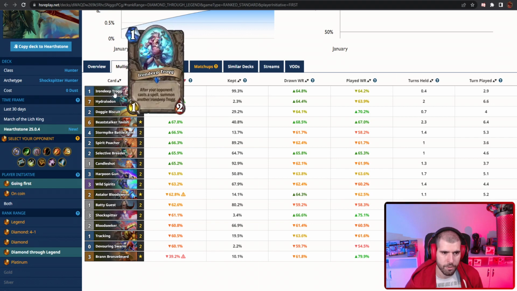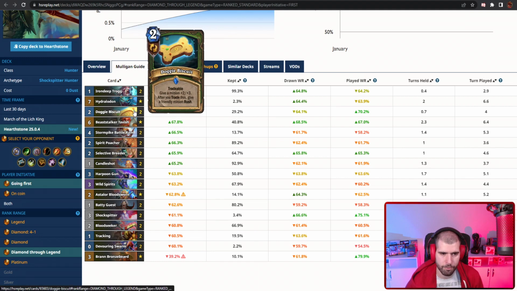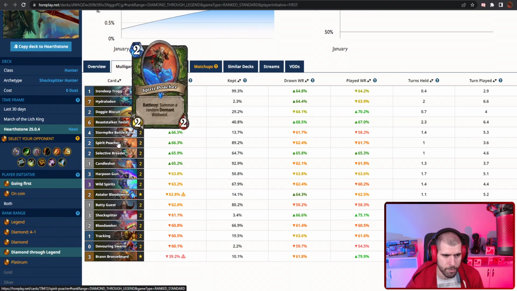Mulligan-wise, going first, Trog is always going to be a keep, as well as your Candle Shot. Hydrolodon can also be a keep in most matchups. Against a real warrior, I'd say you wouldn't really be keeping it. And also Doggy Biscuit works wonderfully, especially if you already have a sticky 1-drop like a Trog or a Batty Guest. Beastalker Tavish can also be a keep, Stormpike Ram often is a keep as well, Spirit Poacher as well,